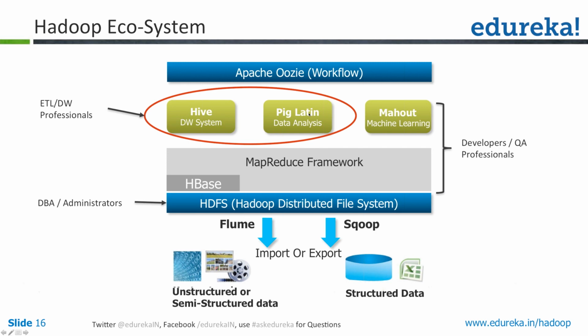into MapReduce. Similarly, in Pig, there's a language called Pig Latin, which is again a very simple scripting language. You can do all your data analysis in Pig, and the Pig tool will convert this into MapReduce, which can run here. So you need not know programming actually. Even if you are from a non-programming background, this is where you'll get into. All your ETL, data warehousing professionals or data analysts will be happy to learn this, because there is no requirement of knowing Java programming, or you need not have a programming background to get into this. Then you have a very important tool, Mahout here, which is for machine learning. So what does this tool do?